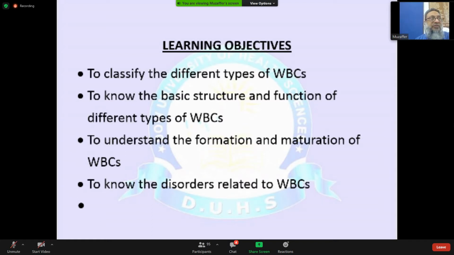Now, in your very initial basic classes of first year, you have been taught by our senior faculty members regarding the blood, their composition, their formation, and all these things we have already discussed in detail. This is here just to review and to recall our knowledge regarding the white blood cells. And as you are in the very senior classes now, in the clinical classes, here we must say one thing is that